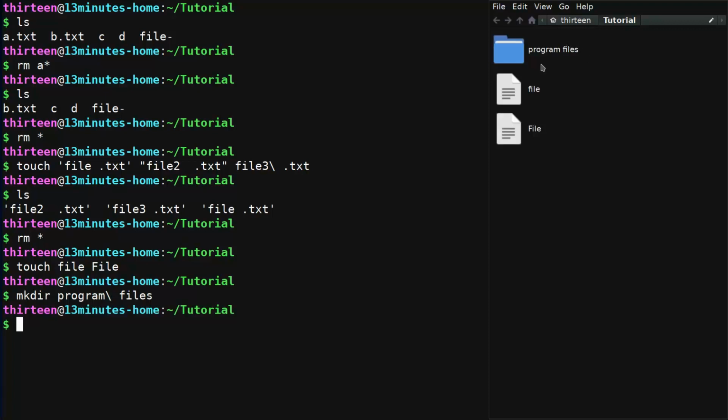If I want to remove this directory, what I can do is I use rmdir, remove directory. This one removes all empty directories. So rmdir, and I put p and tab